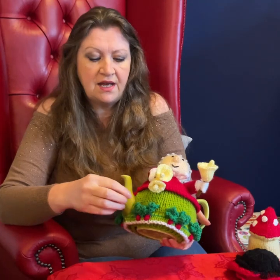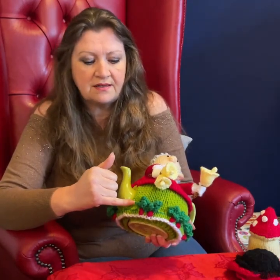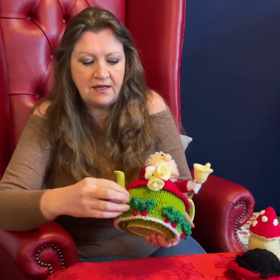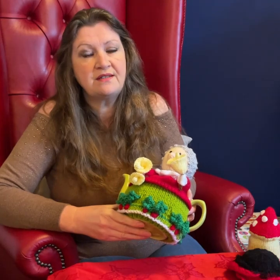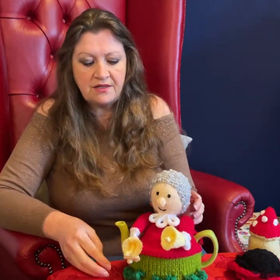So you do the berries, and then you come along and do the holly leaves, and then a bit later on, after you've done some apple, you catch in the holly leaves so that it opens them out and holds them in place. So there's not as much sewing up as you think. So if you're one of those knitters who aren't keen on the sewing up process, this is the perfect tea cosy for you. It does mean that there's a little bit more knitting that's perhaps trickier than